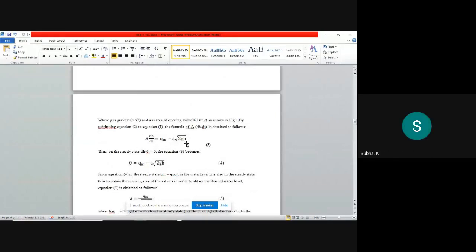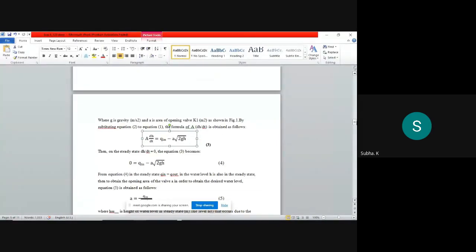I think they have used the surface area equation and then integrated it to find this expression. A into square root of 2GH is the feedback element that is sensed from the output side. So Q in is the input flow rate, and that they have equated to A into dH by dt. If you take the integration of dH by dt, it will be equivalent to the height. So this equation only they have represented in that block diagram, I guess.